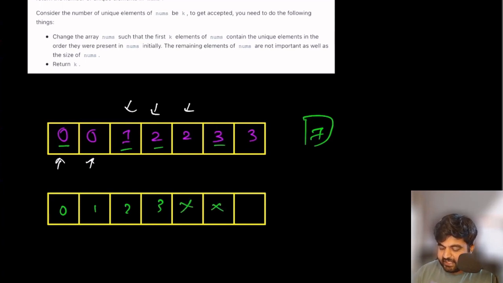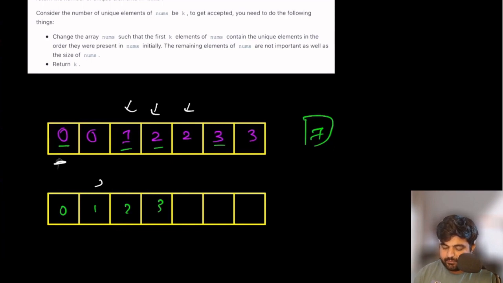Now for these 3 characters, we don't care anything. So we are not going to mark them. Basically, they were duplicate entries and we are not concerned. But in this case, we are concerned with the distinct characters. And the moment we find the distinct characters, we need to put them at the beginning and then return whatever the solution we have been able to find.